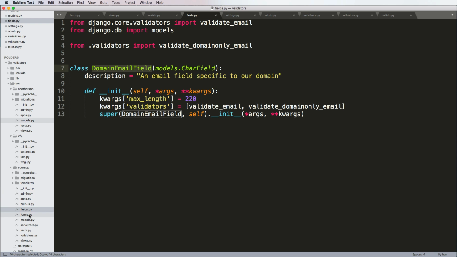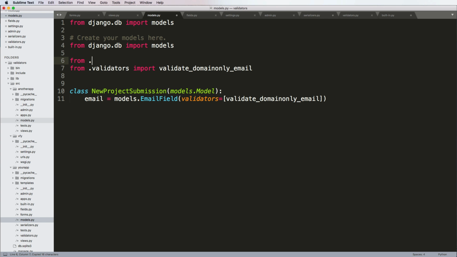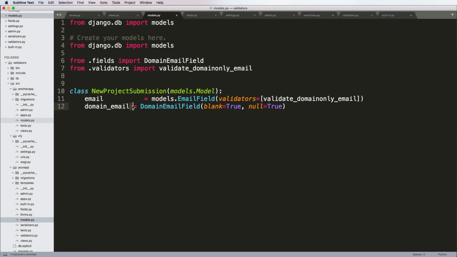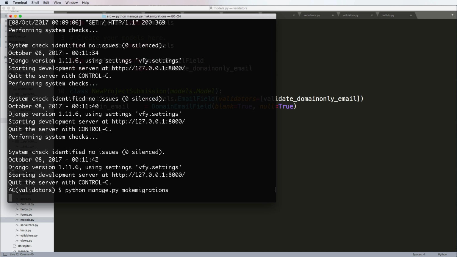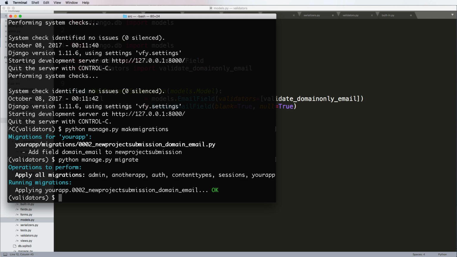So now we've got this field here. Let's bring it into our models. From .fields, import our domain model field, and I'll call this domain_email equals DomainEmailField, model field here. I can say blank equals true, null equals true, like you could do on a normal character field. You can do all sorts of things. You can even change the max length on there too, even though it might go back to the default, so that's something you'd have to test out. But now that we've got that, let's run python manage.py makemigrations, python manage.py migrate, and run the server